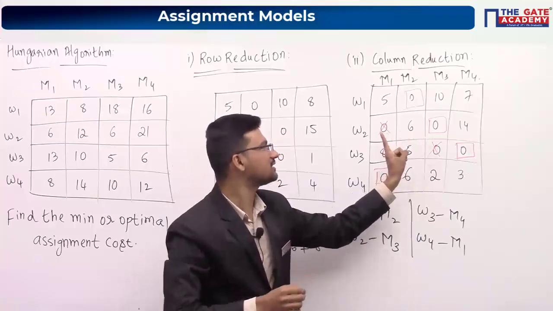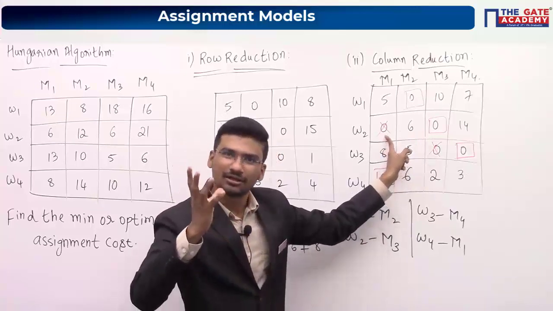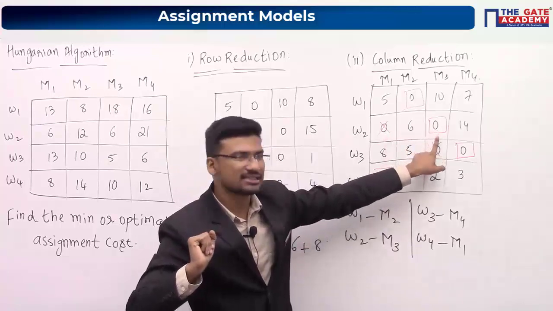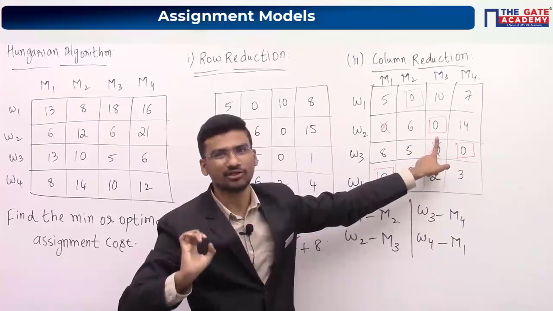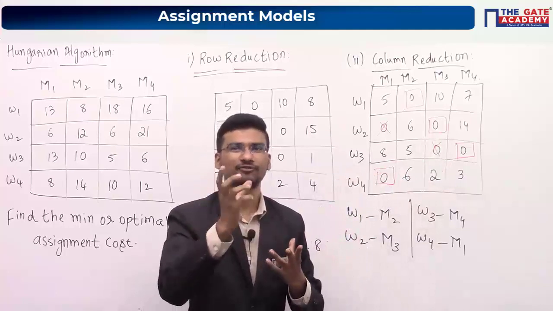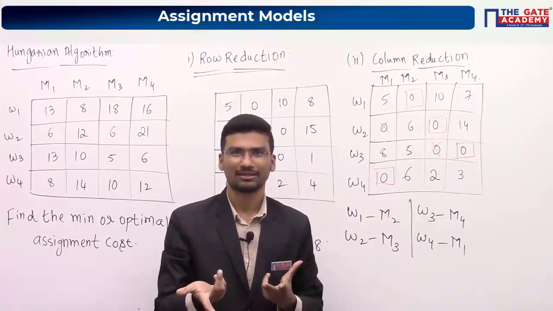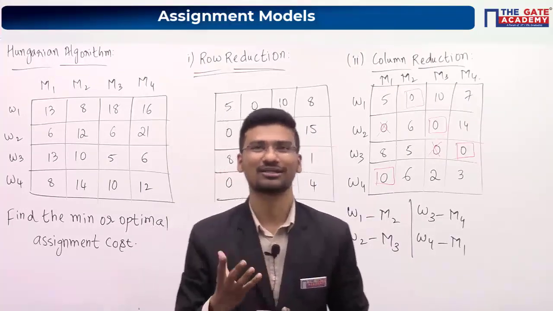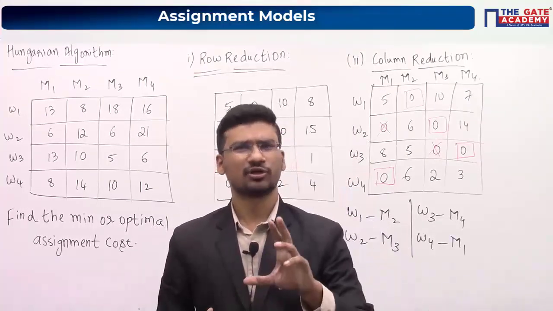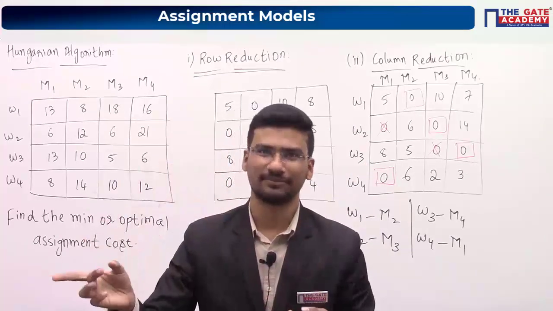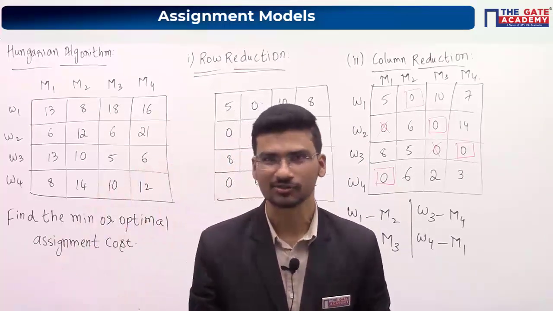If you are choosing this zero, let us say you will be getting answer as 30 rupees. Even if you are choosing this zero also, you will be getting answer as 30 rupees. That means you are having multiple optimal solutions for this particular problem. Hope you have understood. Don't worry, if other people have not understood, then we will solve one question regarding multiple optimal solutions also.